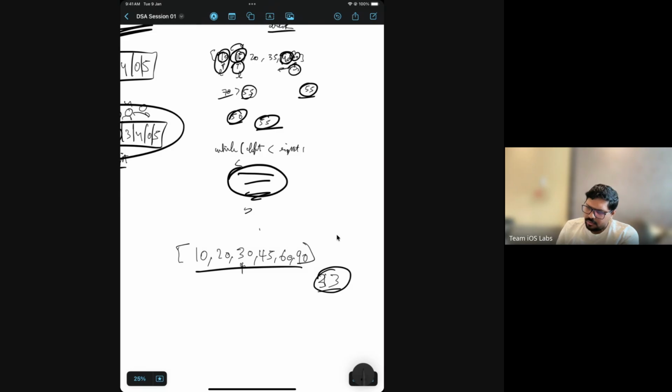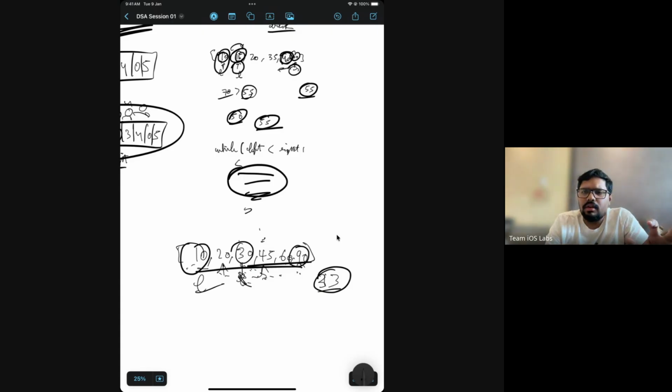Your left is still at 30 and your right is at 45, because the sum is bigger so you keep decreasing the right pointer. So as long as left is less than right, you can traverse the whole array. If you don't find any pair, then you return that no pair exists. But if you find a pair in between, you tell that the pair is there, print it, and then break the loop.